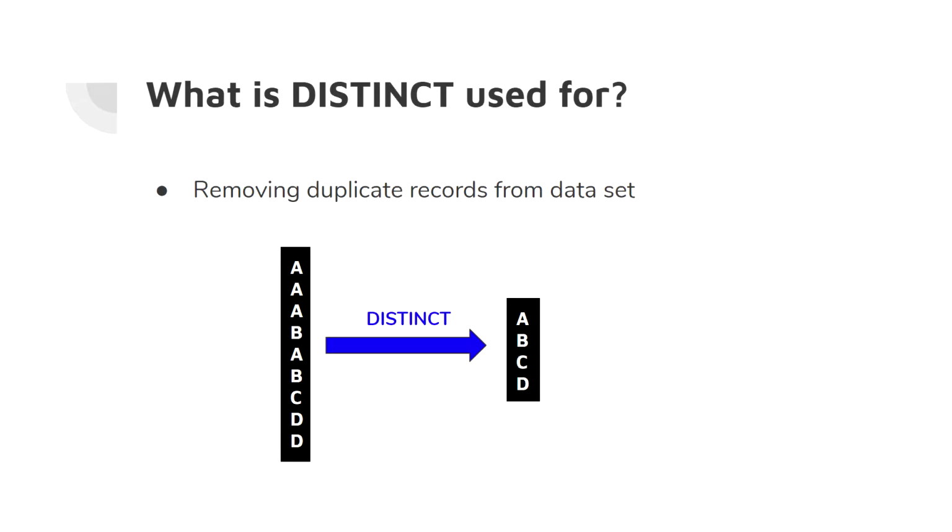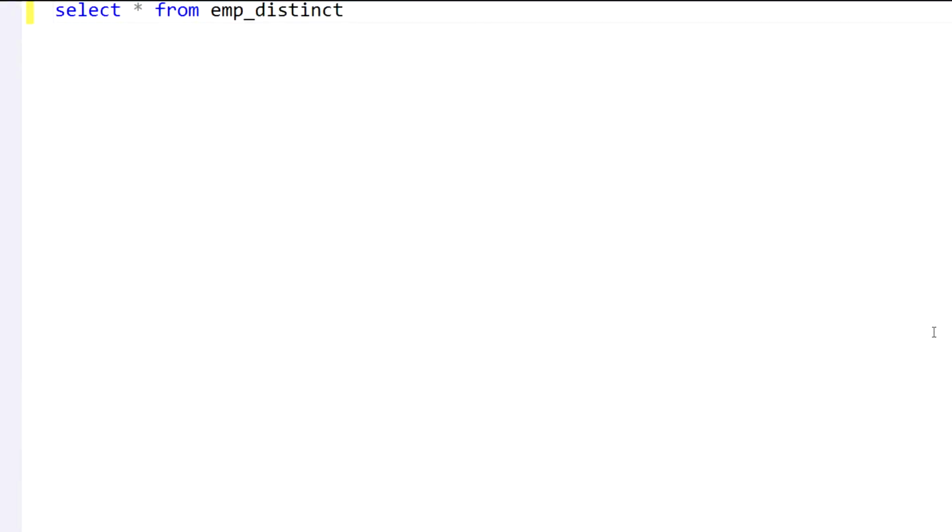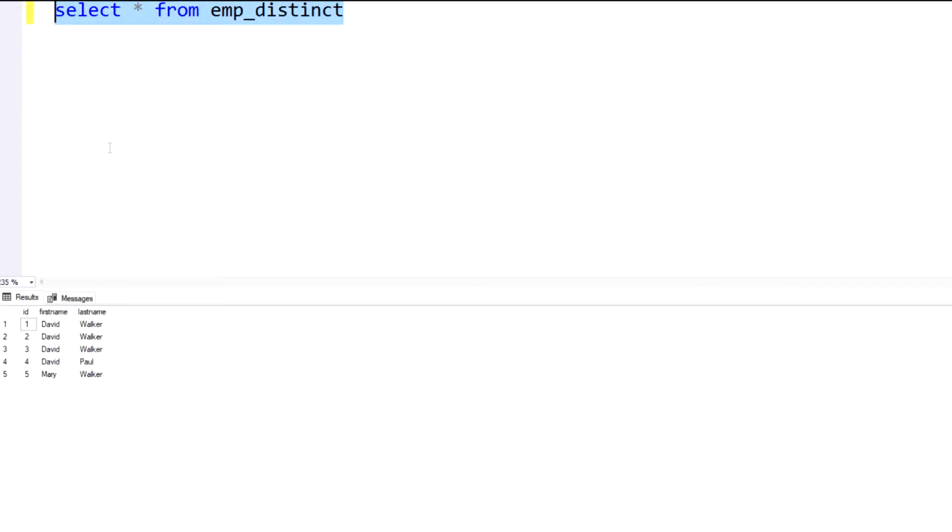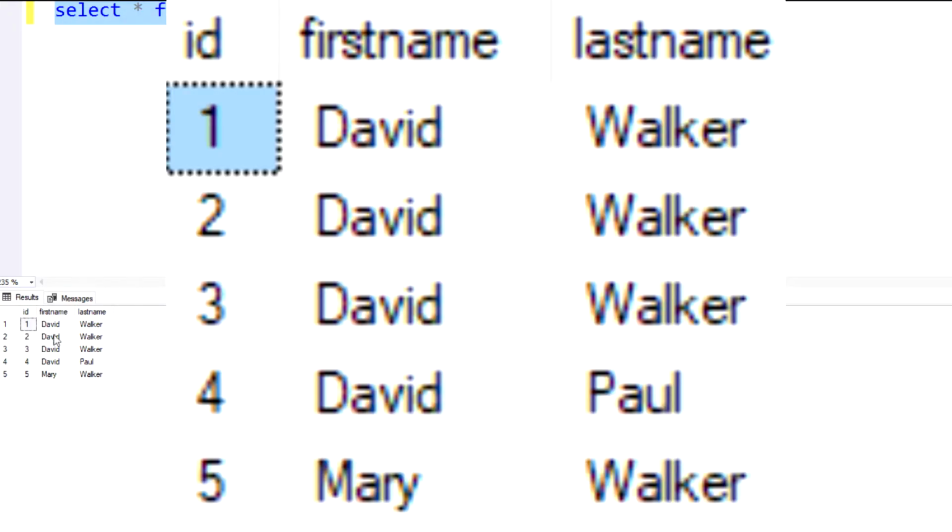To illustrate that, let's dive into an example. So for this example, we're going to be using a view that I've already set up. I'm just going to pull the records to look at what that view contains. So taking a look at the records, we have a list of 5 different employees. Some with similar names or really the same exact names, and some with slightly different names based on the combination of first name, last name, and we're going to be using this to demonstrate how the distinct clause works in